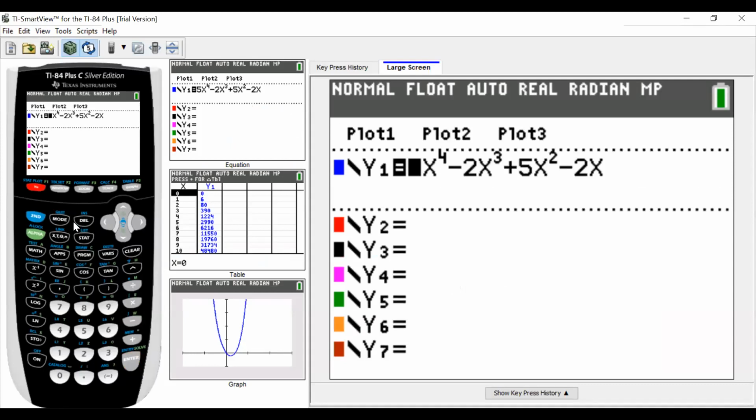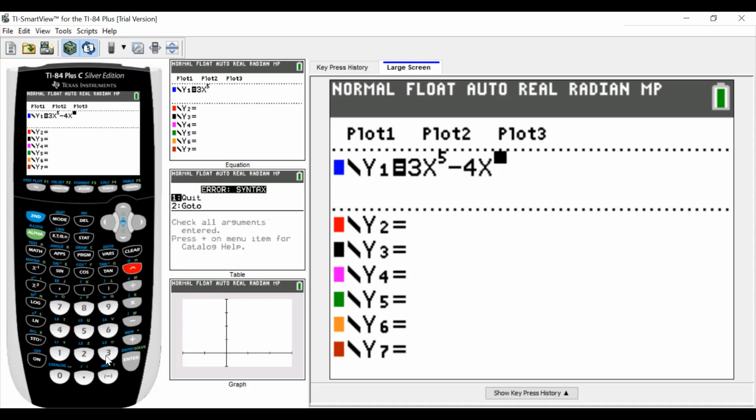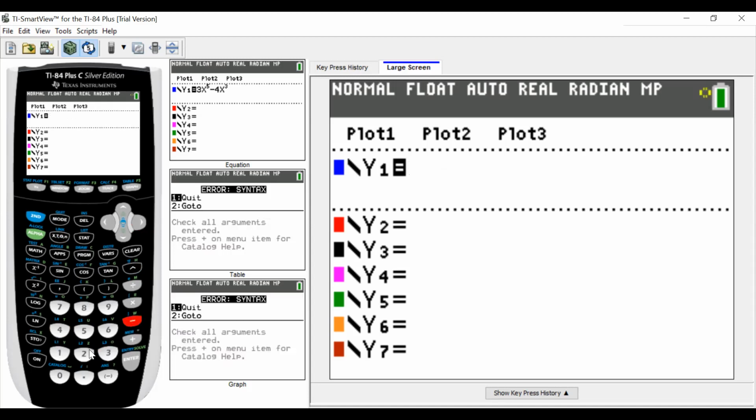I'm already done with this one, so you can just hit clear, which is this little red button right here that I just hit. And then once you have clear, we're going to do 3x to the 5th. So 3x caret to the 5th, right button, so you're not doing the exponent, minus 4x to the 3rd, right button, and then minus,